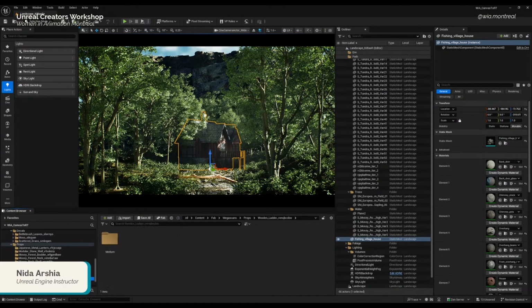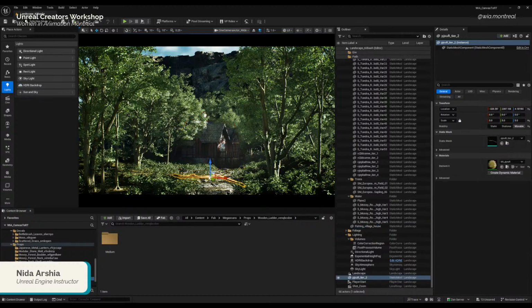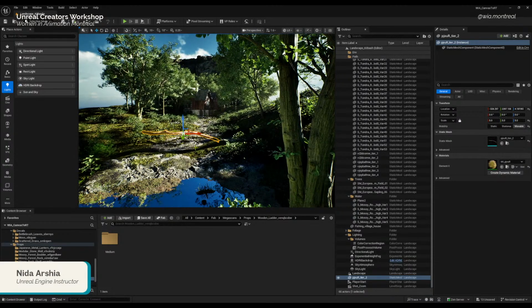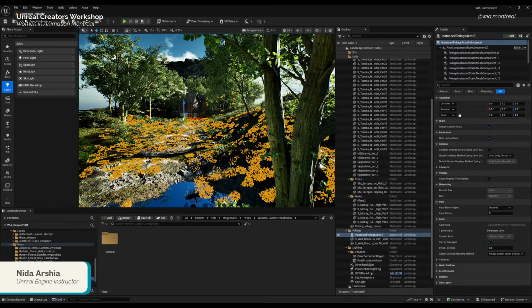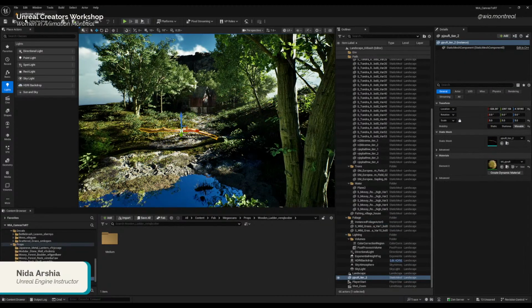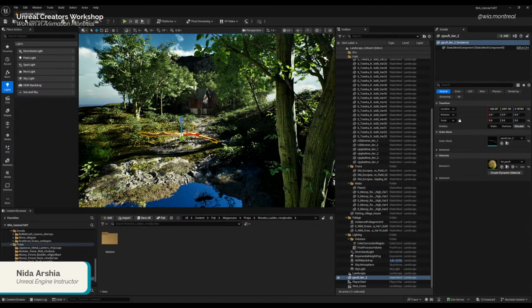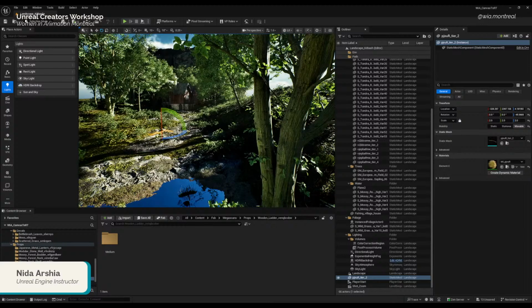Okay, now what I am going to do is get out of this camera mode and find a position for this asset. I'm going to place it. Okay, let me rescale it back to 2 and keep it closer to the ground, maybe here.